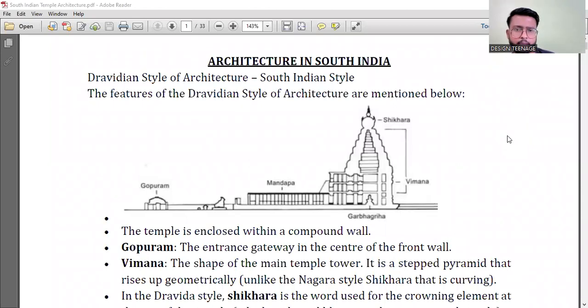Today's class topic is Indian architecture, and we have discussed several things regarding Indian architecture, like how the structural aspects differ from what we see in the West and what implications there are. Now, today, what we are going to discuss is all about South Indian temples and Indian architecture in South